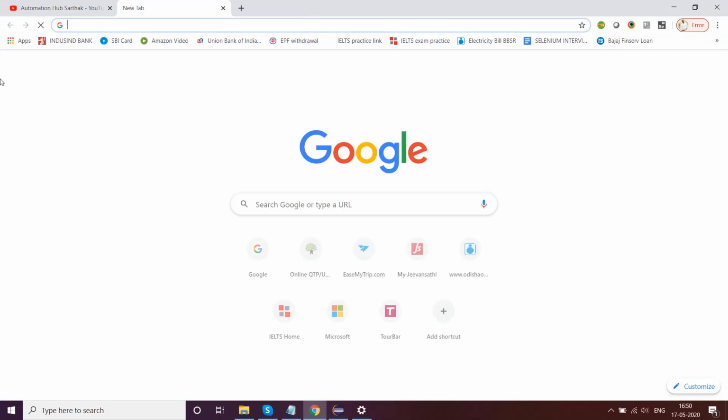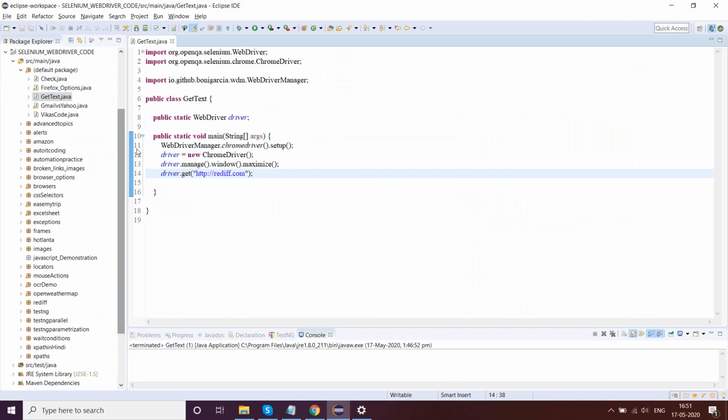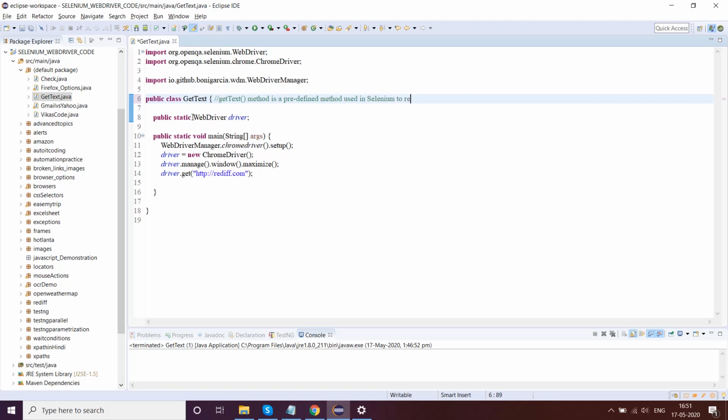When we run this it will open, so we'll directly go here. My intention here is to use the getText method. The getText method is a predefined method used in Selenium to retrieve the text of a web element, but there are certain constraints.